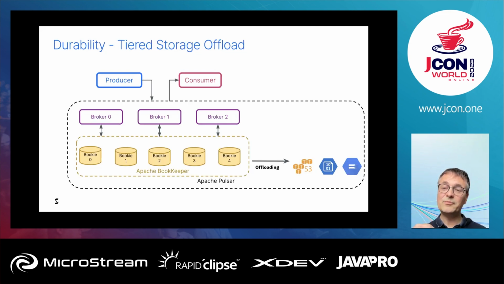So if you need to replay a topic, then some messages will be read from the cloud storage and others will be read from the bookies' local disk. But the consumer doesn't see this, it's completely transparent. And this offloading is facilitated by this segment-based architecture that I presented. So you can move the old segments and offload them. So this architecture allows older data segments to be offloaded seamlessly.